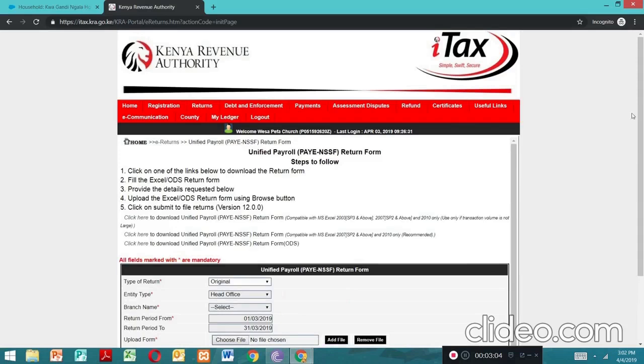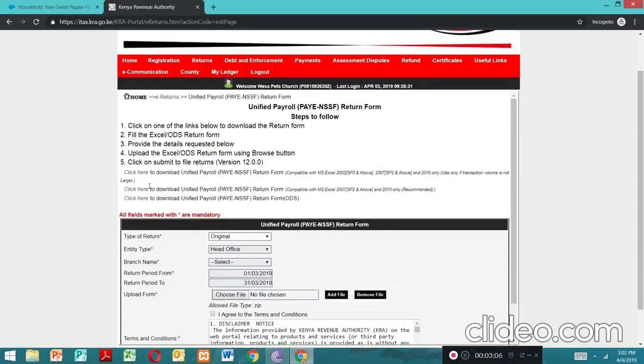In this window, you'll see the options to download the return form. Click and download the first one, the Unified Payroll and NSSF return form